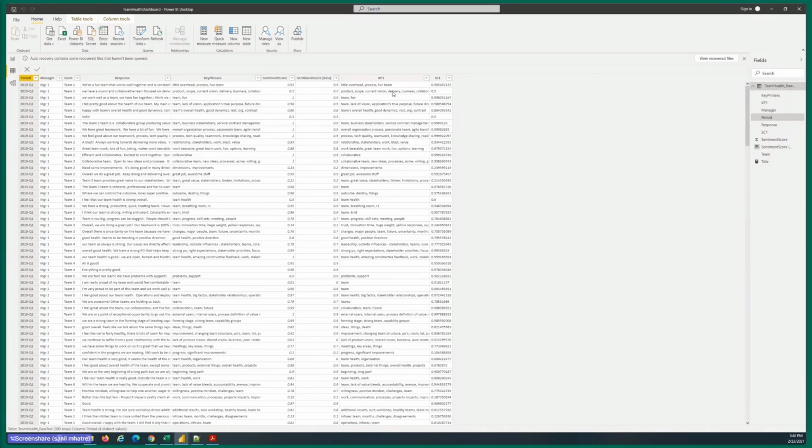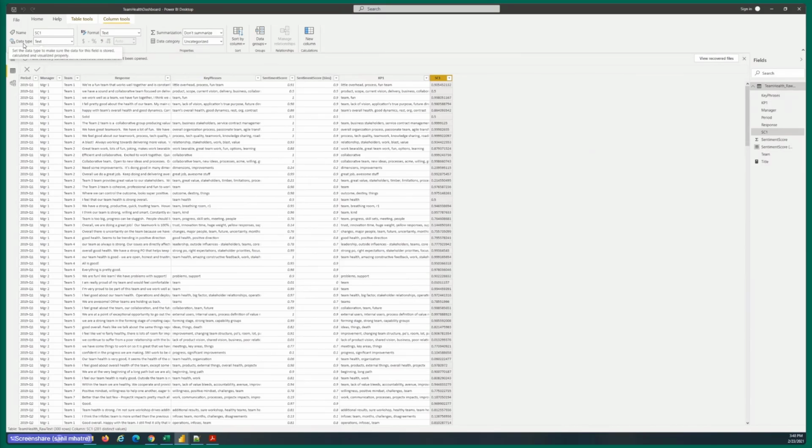So what I would like to do here is just round off the sentiment score column. Not just round it off, actually, let's change its data type as well, because you'll see by default, Power BI has decided that the data type is text. It's obviously not text, it's a fixed decimal.